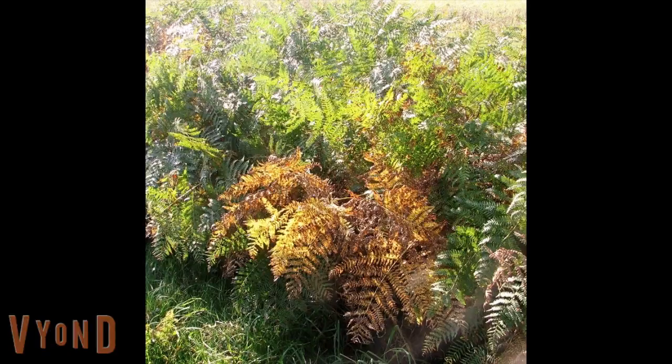Item Number: SCP-046. Object Class: Euclid. Special Containment Procedures: the land surrounding SCP-046 has been purchased and surrounded by multiple layers of